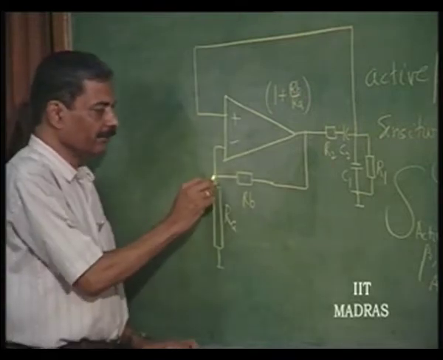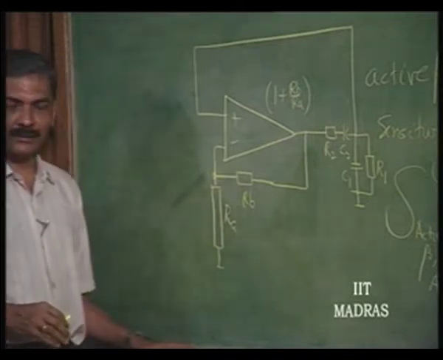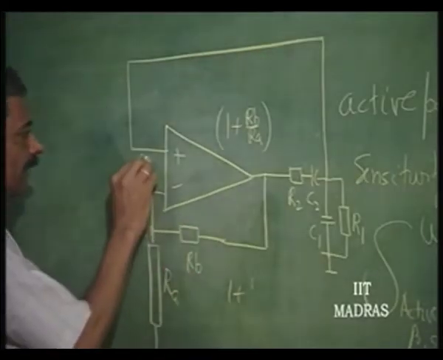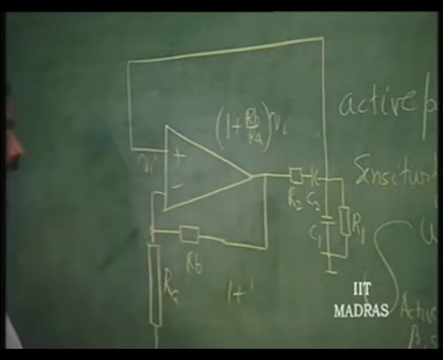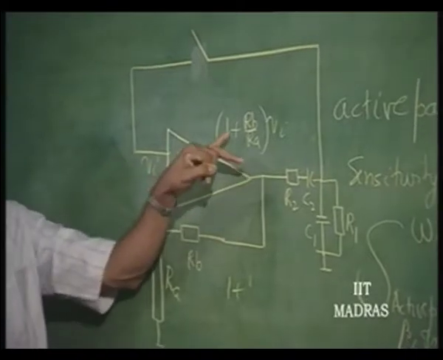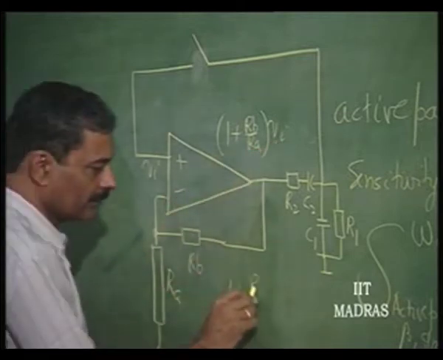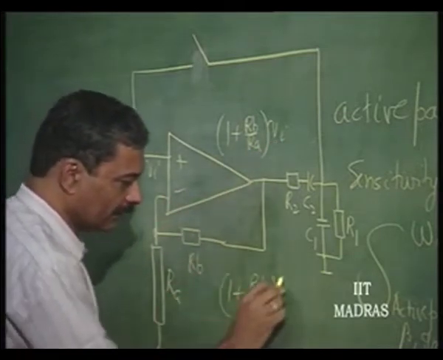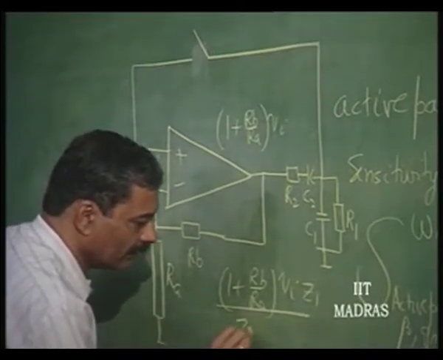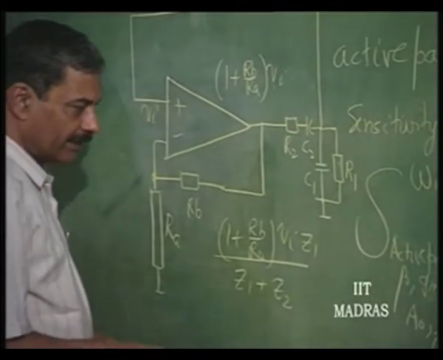So, this was our Wien bridge oscillator, and we had got some condition for oscillation. We again derive that, if this is V I, I break this loop here, this is 1 plus R B by R A times V I. That is multiplied by, this is how we had derived, Z 1 by Z 1 plus Z 2 is the voltage here, and I divided by Z